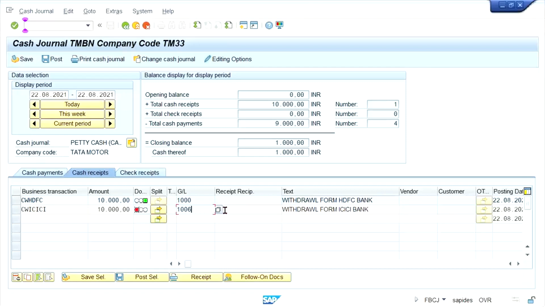If there are 2 or 3 banks, then it's okay. We can create 2 or 3 different business transactions. Now, if the client is saying that they have 30 bank accounts in different banks,